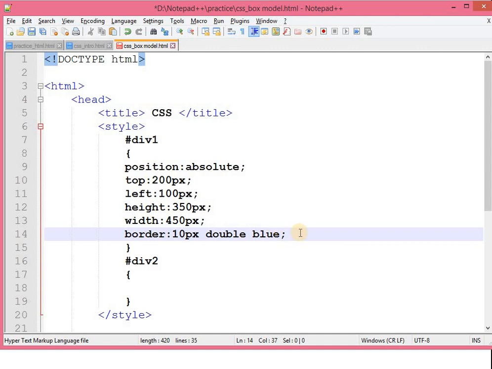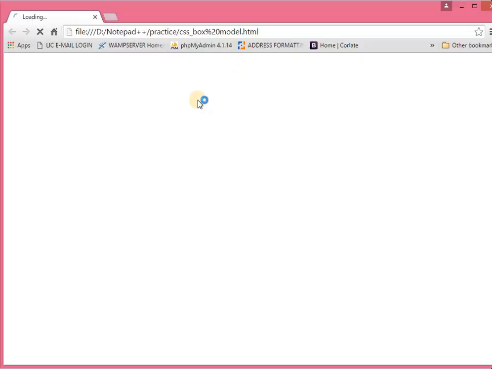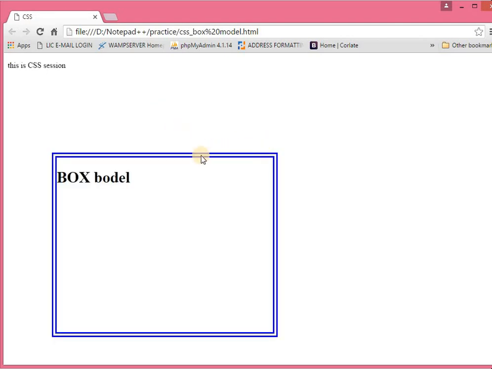Now let me save it and run this page. Launch in Chrome. Over here you can see that this is our box model. We have set a width of 10 pixels and the type was double, that is why it is a double bordered box model.